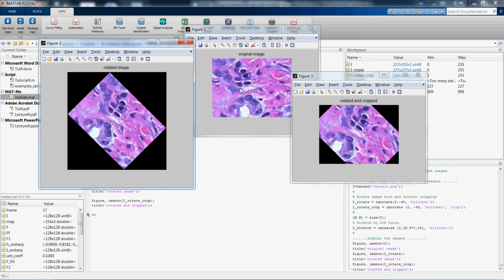But if you do something that is less than 90 degrees or more than 90 degrees, but not 180 of course, then you're gonna have this problem. And this is the reason why you have those black boundaries. And you have to tell MATLAB and any other image processing software how to do the padding of those added pixels. You can pad them with zeros, or you can pad them with the maximum luminance, which is